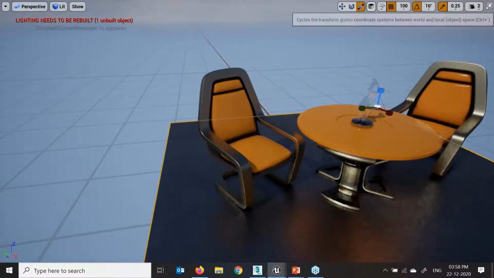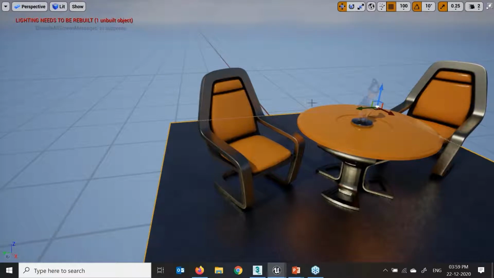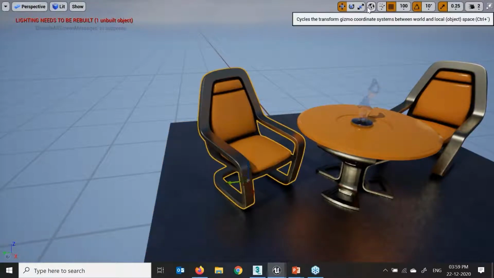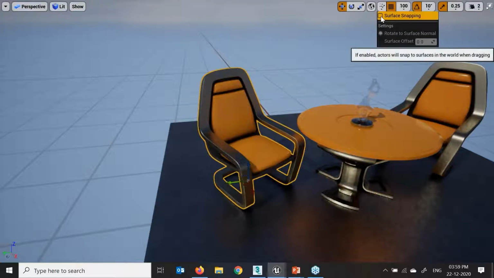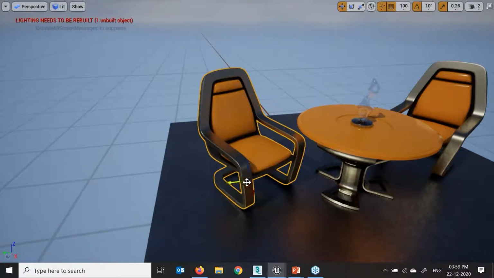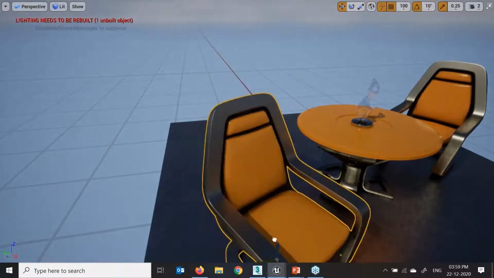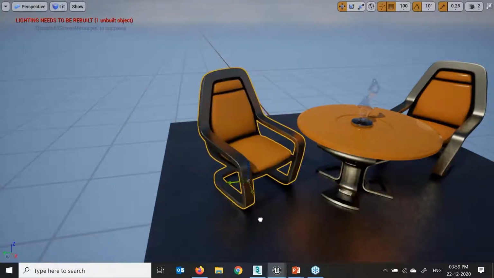Here we have the local and the world axis, which you have to do. I'll just select my scale, local and the world axis. This is also depending upon the selection which we have to do. Open editor surface snapping option. Here I can do the surface snapping. If I'm moving any of my objects, it will directly snap to my surface. If you see now, it is directly snapping on the grid.